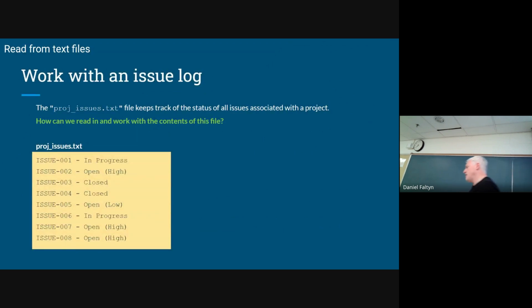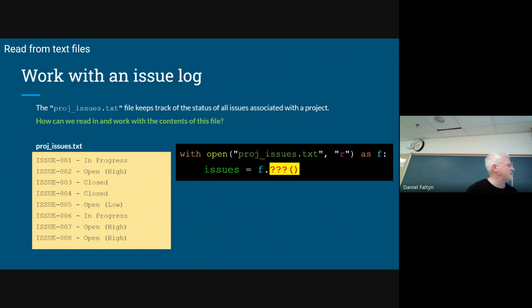All right, typically here is where I go into EdStem, but opening and closing a file doesn't really show us much. So we have to learn how to read a file. I'm going to use this example over and over for a little while. Let's assume we have a file that looks like this. You can open up a file on your computer, and it just has a bunch of lines, which I'm going to say are issue logs.